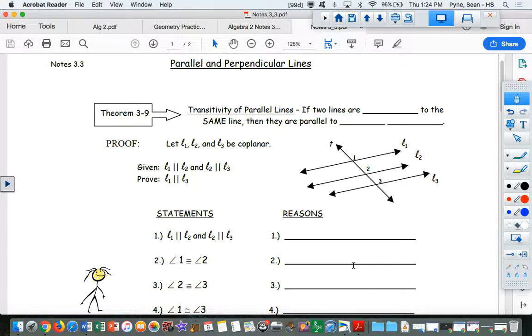All right, guys. So we're looking at parallel and perpendicular lines. A lot of what we do today, guys, is just talking about the concepts behind it, and then we're just proving them with proofs, why they work. So